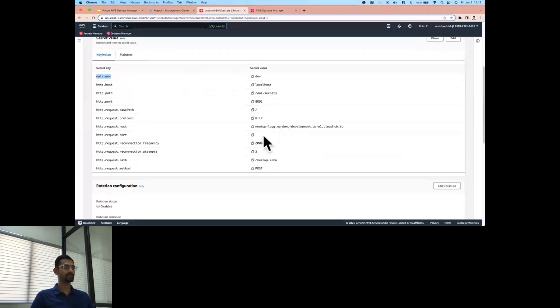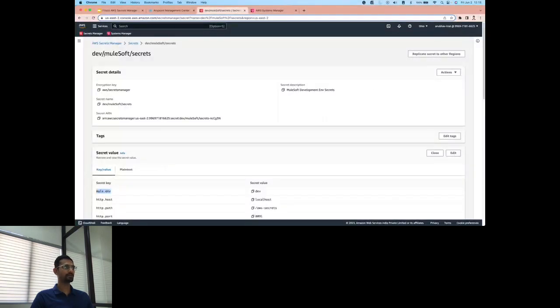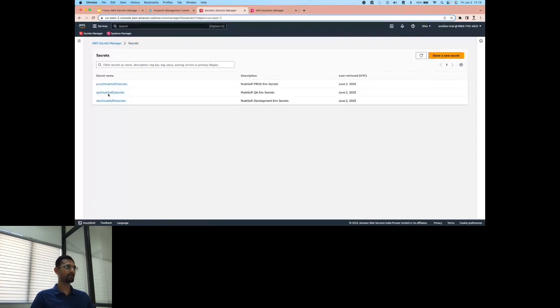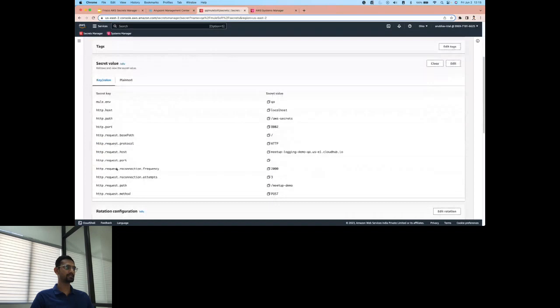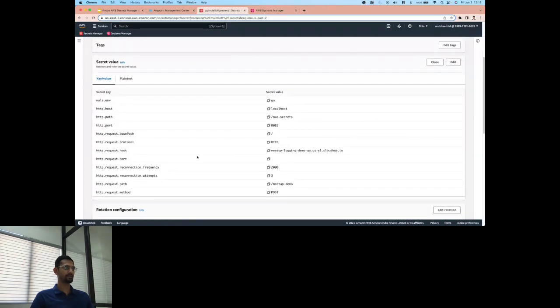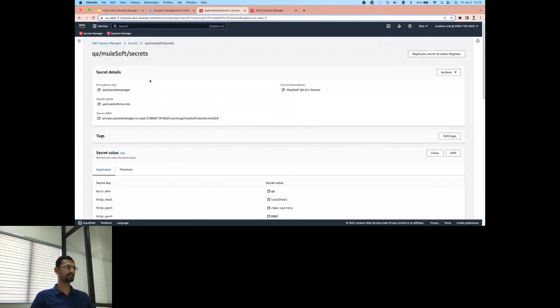And then we are invoking the development environment, which we will be seeing on the Anypoint platform as well. So all of the configuration is done for dev, QA, and prod. We have the same set of keys and different values. If you see, the listener port is different, just to demonstrate,